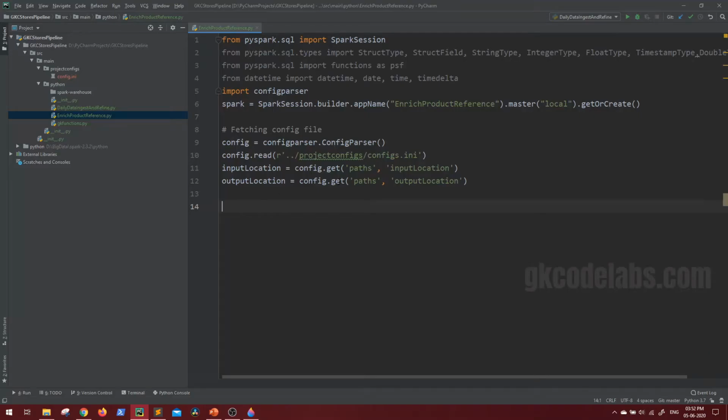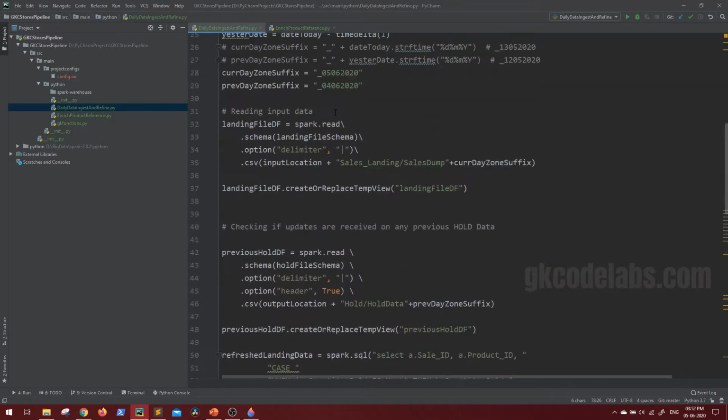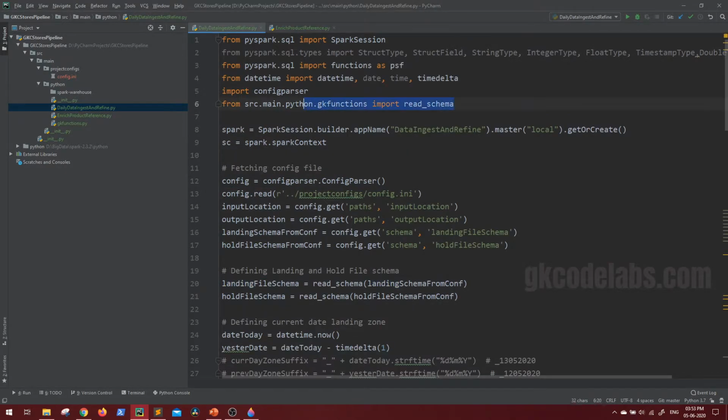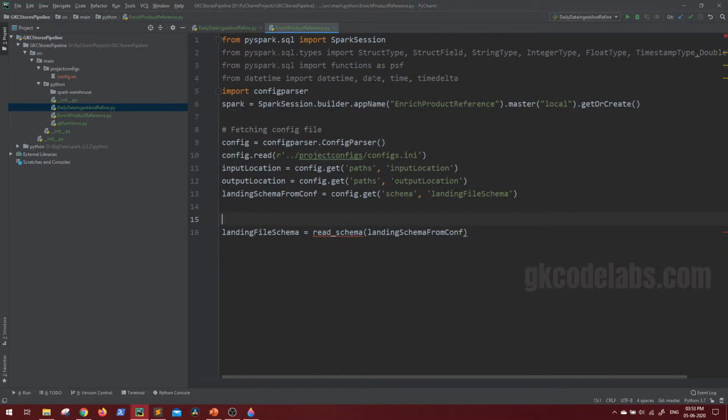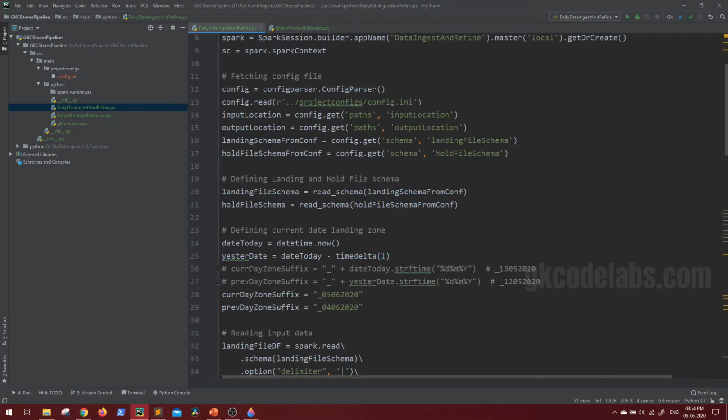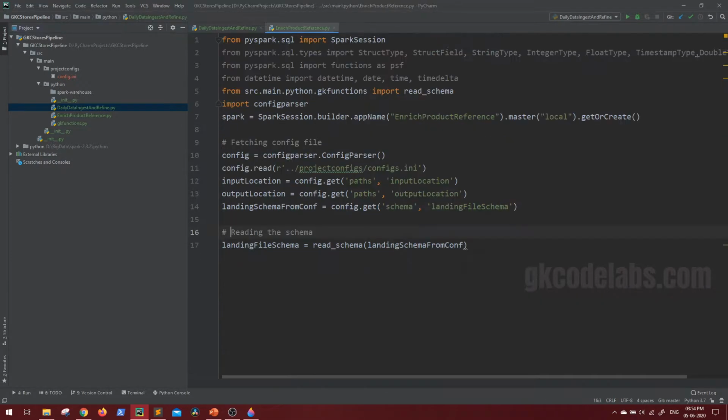So to read the valid file once again, we can import the schema same way from the config file as we have done here. This will be a part of config file itself. Then we will define the schema. And same way to import the schema, we have to use the function as well. Let me use this, reading the schema, and the current and the previous day reference also you can get from the config. As of now, here I am copying it as it is.